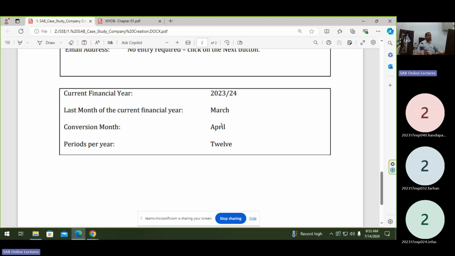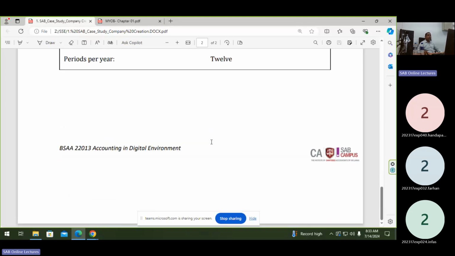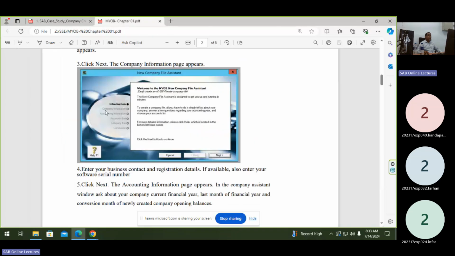The conversion month means the company opening balances have to be brought forward and taken into your accounts at the date of this month, 1st April. Most probably, Sri Lankan accountants prepare their financial statements for a 12-month period. These are the basic details completed in the company creation part.